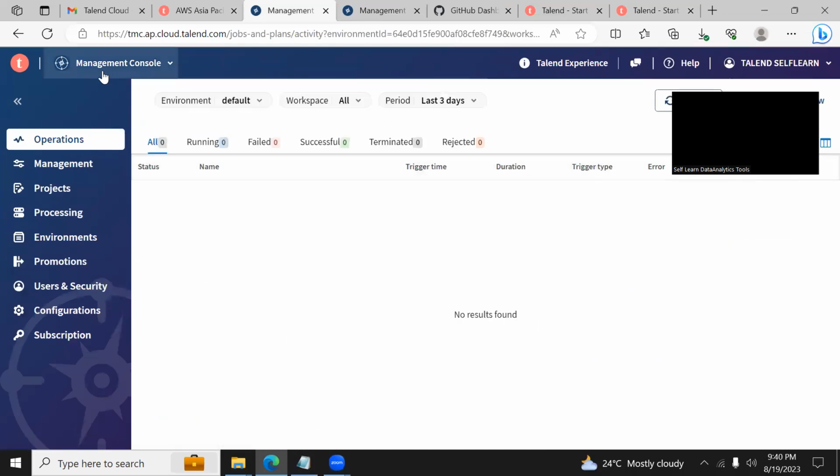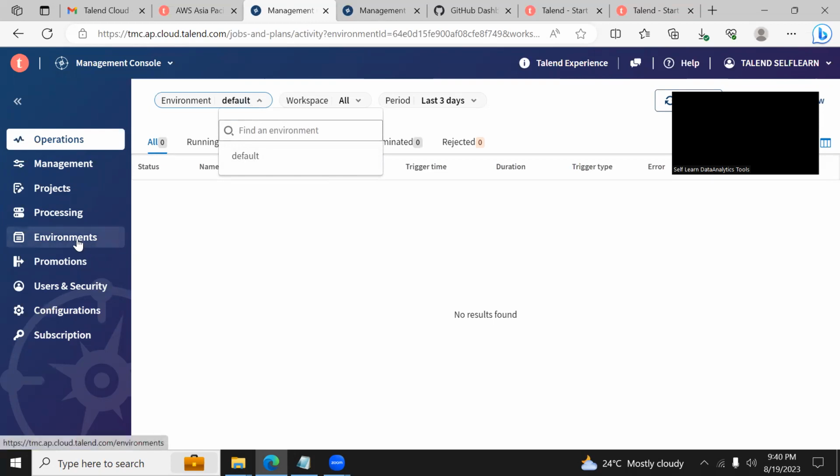Okay, in the management console, you can monitor all the ETL objects which are developed using Talend Studio and published to this TMC. We call it TMC in the sense Talend Management Console. Here in this operations tab, we can monitor the loads which are scheduled, whether they failed or are running, etc. And you can switch between the environments. Basically, you can create prod, test, dev environments in the environment tab, and all